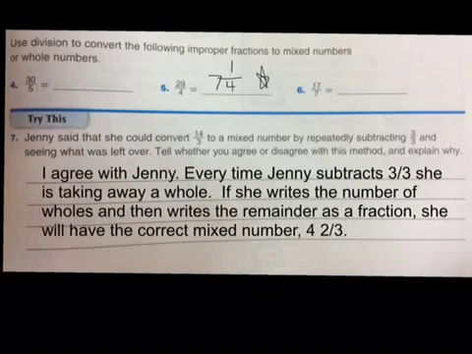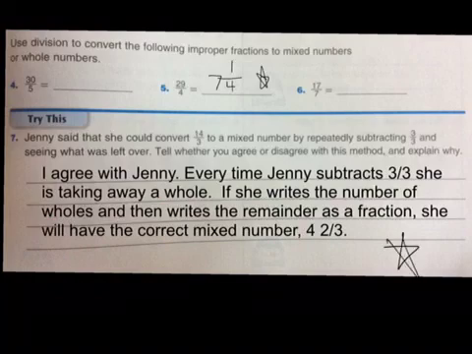As I said, I agree with Jenny. Every time Jenny subtracts 3/3, she is taking away a whole. If she writes the number of wholes that she takes away and then writes the remainder as a fraction, she will have the correct mixed number, which is 4 2/3. And there, boys and girls, is another key answer. I hope you try this explanation on your own, and if you didn't, I hope you understand mine. Okay? Either one, you can write your own explanation or write mine, but make sure you have the